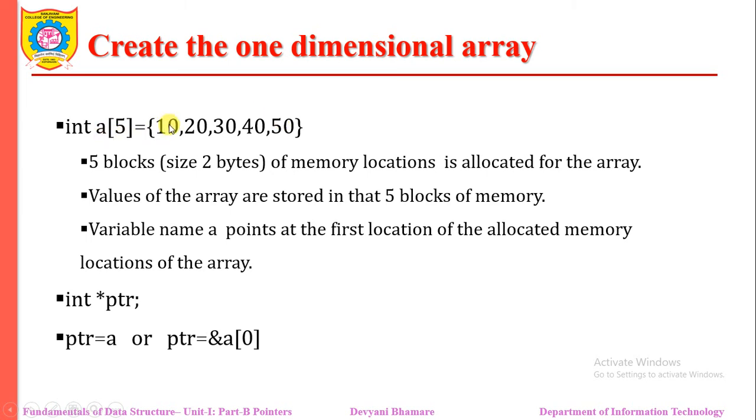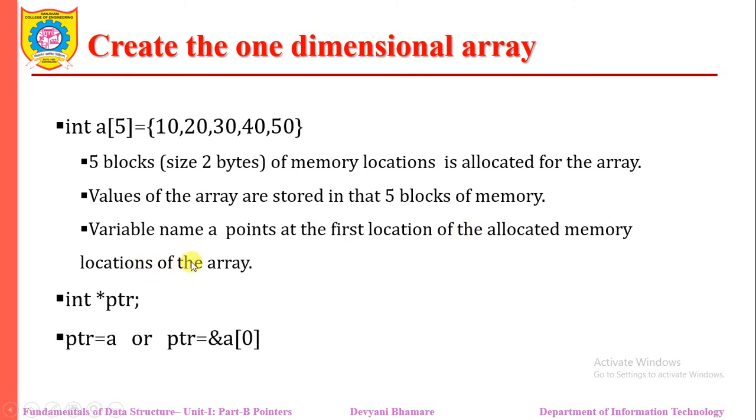The first element of the array is 10, that is A of 0. This is A of 1, A of 2, A of 3 and A of 4. So these values will be assigned to those particular blocks. The variable name, that is the array name itself, points to the first memory location, meaning it holds the address of the array. That's why we say the variable name A points to the first location of the allocated memory